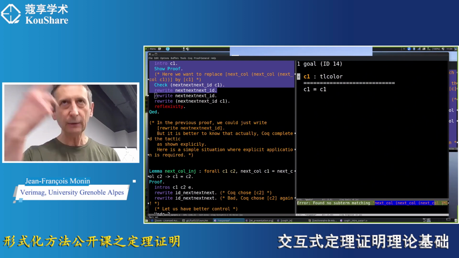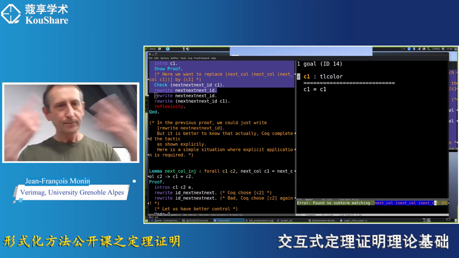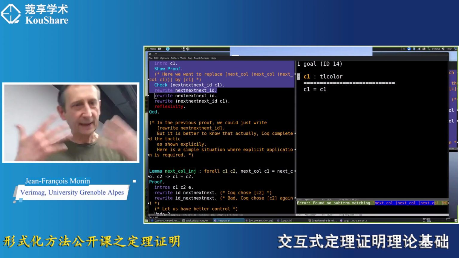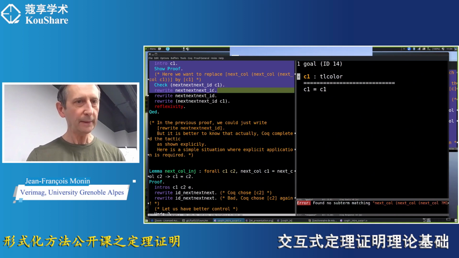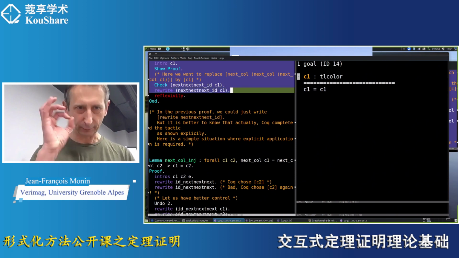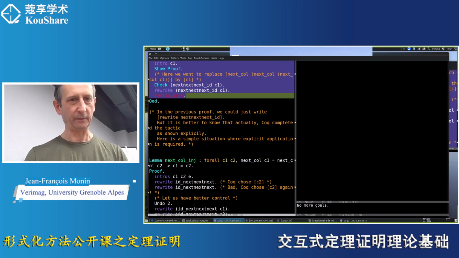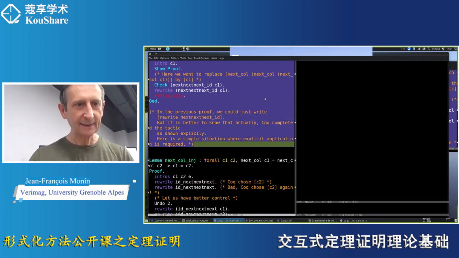So here you see how Coq proceeds. Coq proceeds by performing some guess and then finding the right argument to be provided. So I leave the explicit tactic like this. This is the real thing which is performed, and the explanation is in the comment. Now, let us go to the injectivity